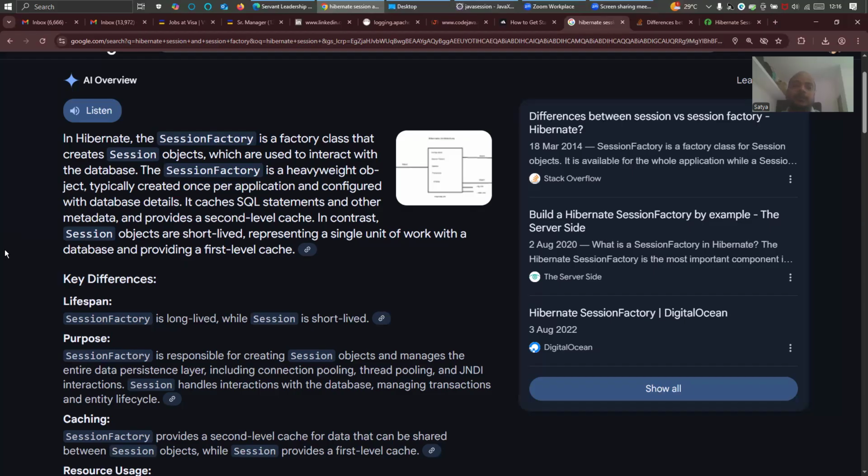Basically, what the session factory does is, it is created once per application and configured with the database. It caches SQL statements and other metadata. Whatever SQL statement you send, whatever metadata you send, it will cache all that, and accordingly it will perform